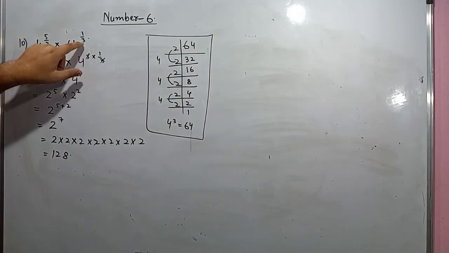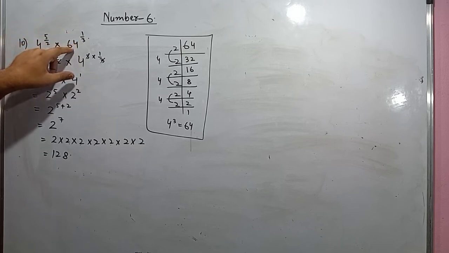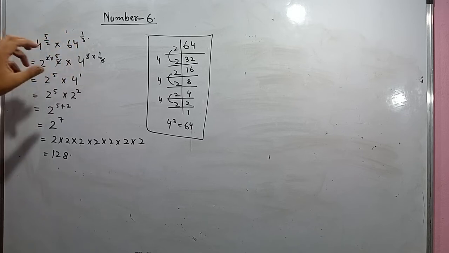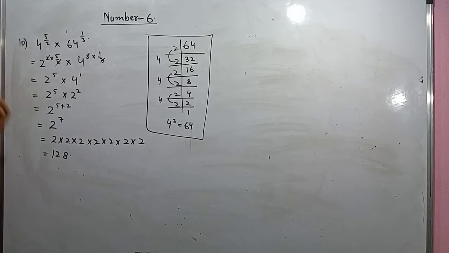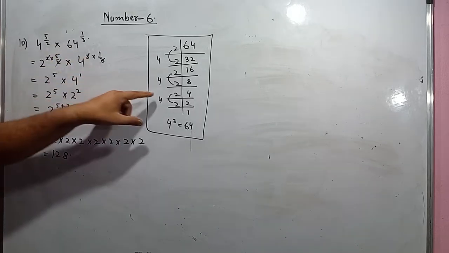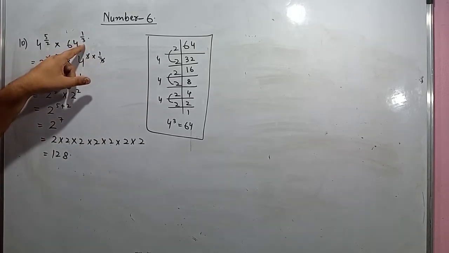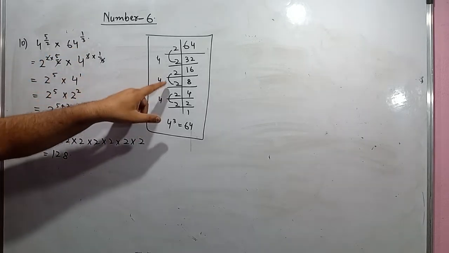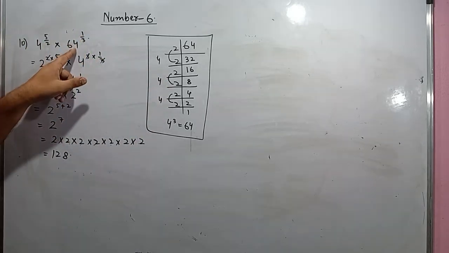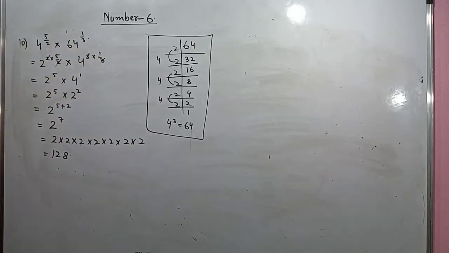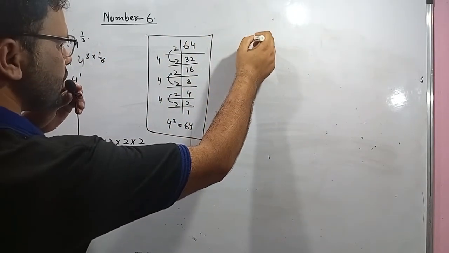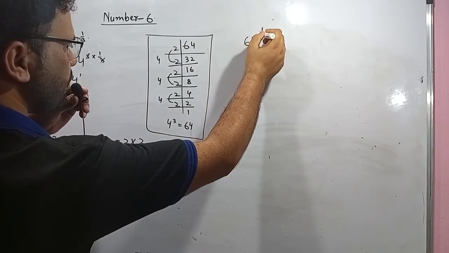Because I know that I have to eliminate this 3. How to eliminate this 3? I should get here the number, instead of 64, the number carrying the power 3. That's only the 4. If it would have here like 6, then it was very easy to write 2 power 6. For example, if it would have 64 to the power 1 by 6,